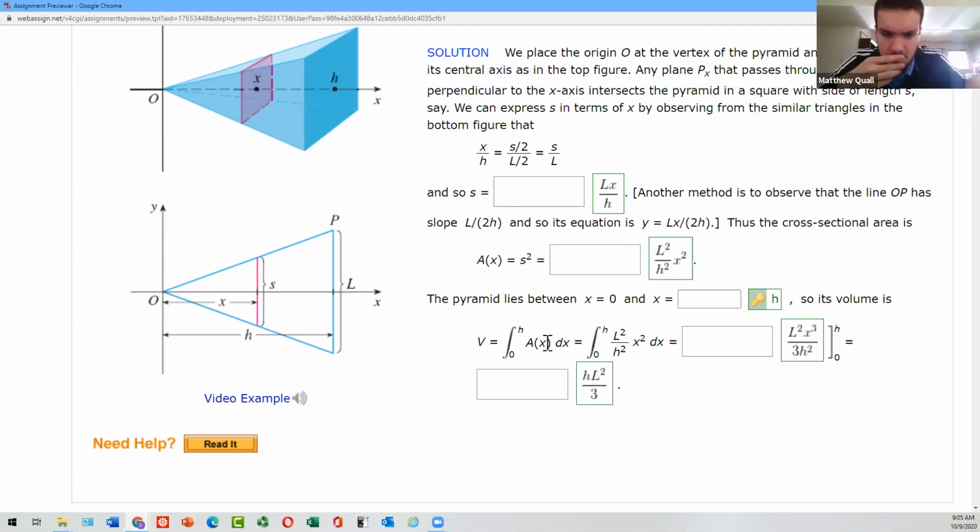Most of the questions we've been doing, the cross-section has been circles, so that's why it's pi r squared. But basically, that's just A of x, the area of a cross-section. So in a circle, pi r squared is what we typically use. But this is not a rotation shape. This is a different kind of solid, and therefore the more generic version of the formula is that the volume